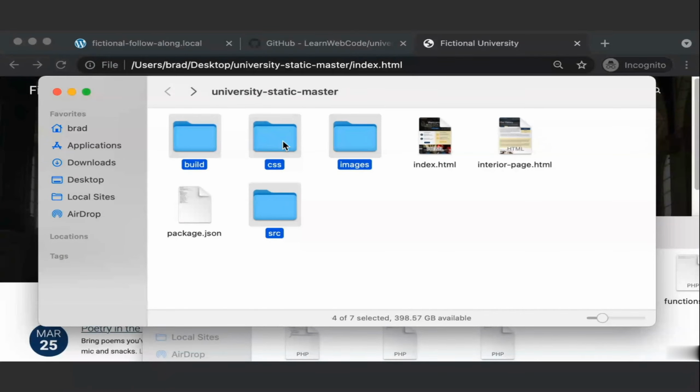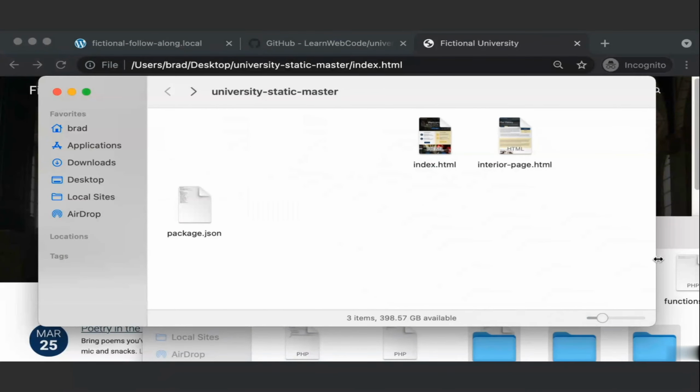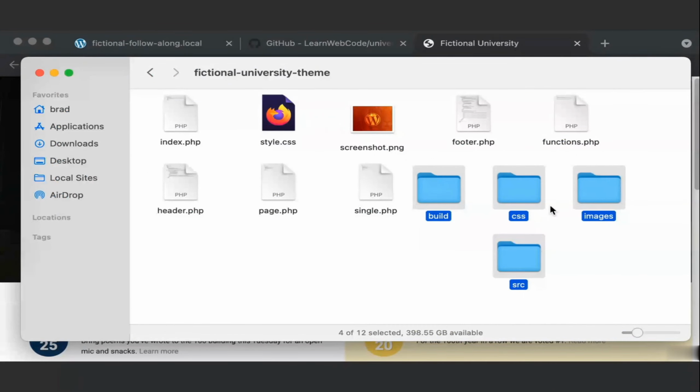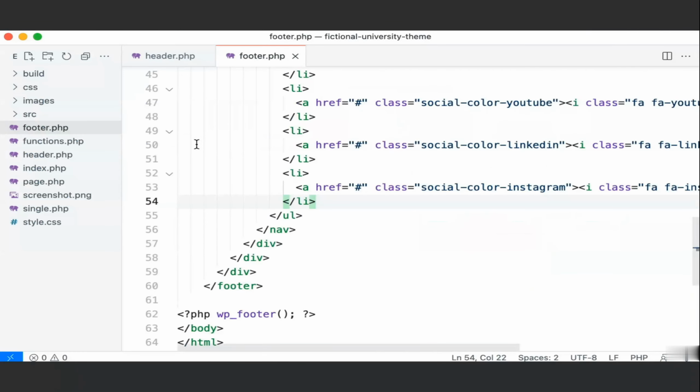So just move over those 4 folders. I'm just going to drag them into my WordPress theme folder here. And now let's just go tell our theme to actually use some of these new files. So do this with me. In our theme folder, jump into our